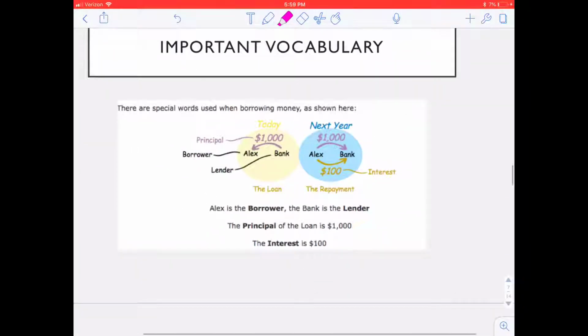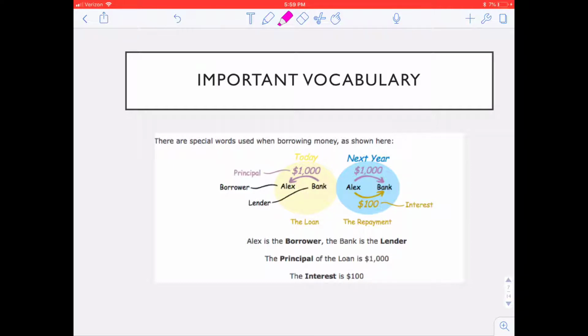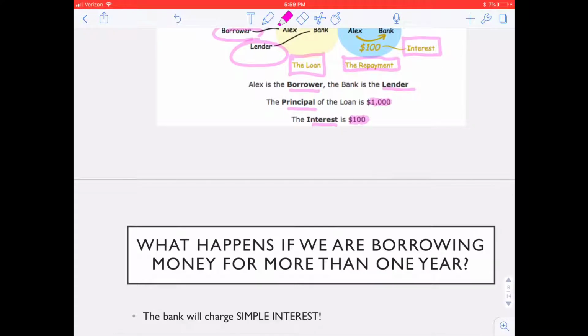Some important vocabulary words for you to keep in mind. The borrower is the person that is borrowing the money, while the lender is the person giving the money to the individual who needs it. You have the actual loan, which is the amount that you're borrowing, but then the repayment is the amount that you have to give back, and it includes the interest within it. So you have the borrower, the lender, your principal, which is your original amount that you start with, your interest, which is the particular percentage rate of your principal value, and your repayment, which is the total amount you have to repay.